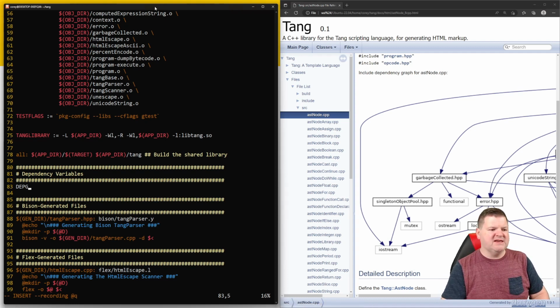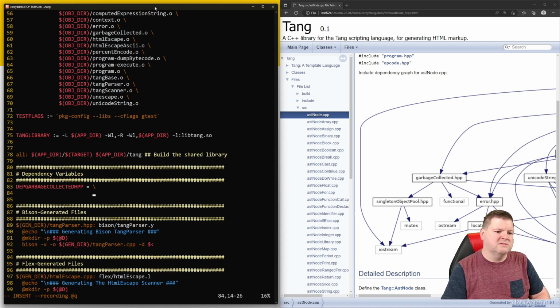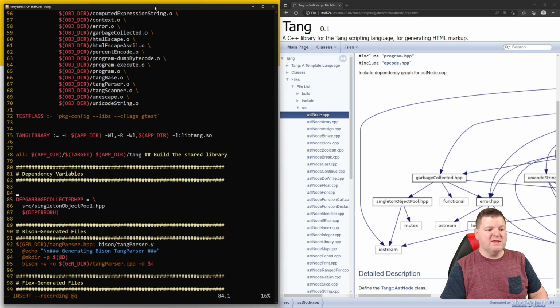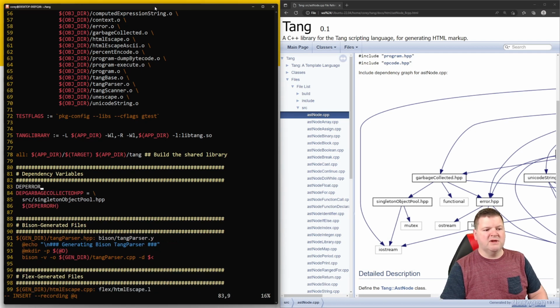Let me just look at these two. If I say garbage collected HPP maybe is equal to source slash singleton object pool dot hpp and dep error h, but that needs to be... so what then is dep error h is equal to